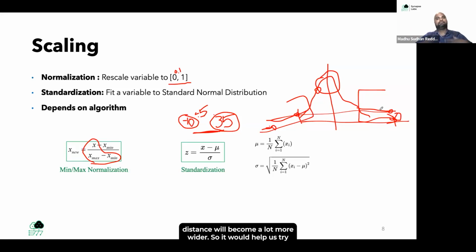So it would help us try to separate two groups of data, one group of data to come together and the other set of group of data to elongate. That way the distance between them becomes a lot wider. In a way, think of them as you want to identify -10 as an anomaly. Okay. If that point is somewhere in here, it's very far from